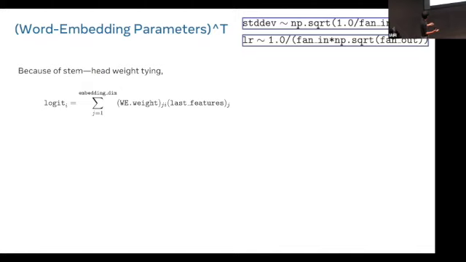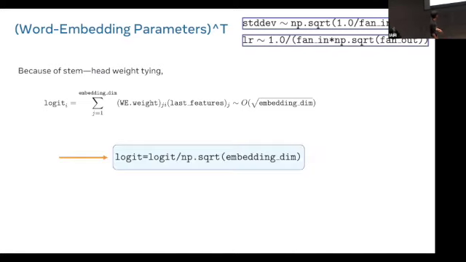Also, this was caveat 2 I mentioned in the beginning slide. Don't worry if you don't know the details, but usually you have word embedding and then unembedding at the end, where you have a bunch of last-layer features multiplied by weights, the unembedding weights, which we have already set to be order 1. You're adding up embedding-dimension worth of them, which means that this will scale like the square root of the embedding dimension, which is large. So you should divide the logits, or the last output, by such a factor.